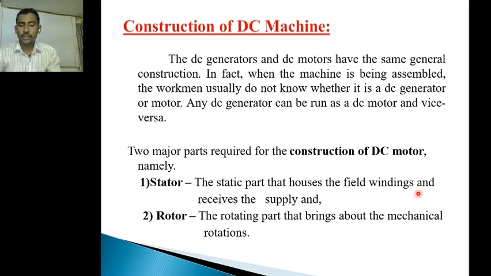For that, we need the magnetic field. For providing the magnetic field, we arrange a static arrangement, which is nothing but the stator. Similarly, we need to move the conductor, and for that we go for another arrangement, which is nothing but the rotor. So we divide our construction mainly into two parts: stator construction and rotor construction. Stator construction is for the production of the field, and rotor construction is for cutting the field. For cutting the field, we provide the conductors using an arrangement that is nothing but the rotor.